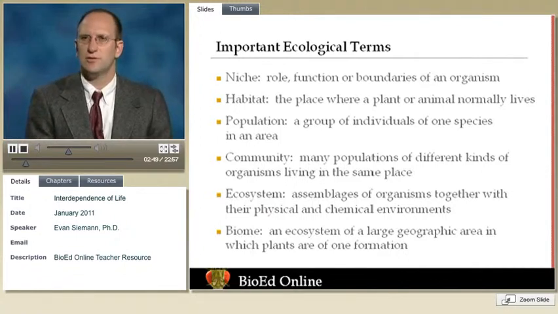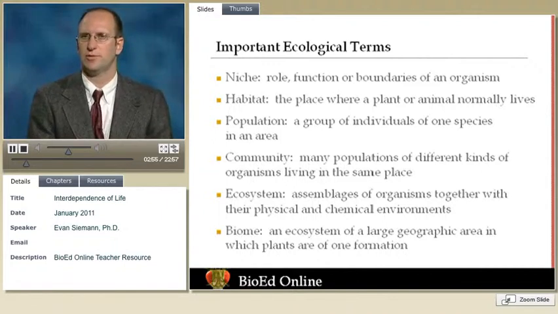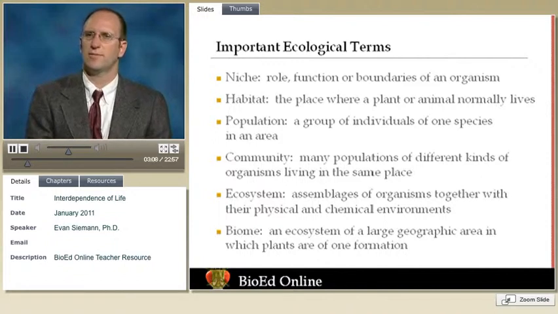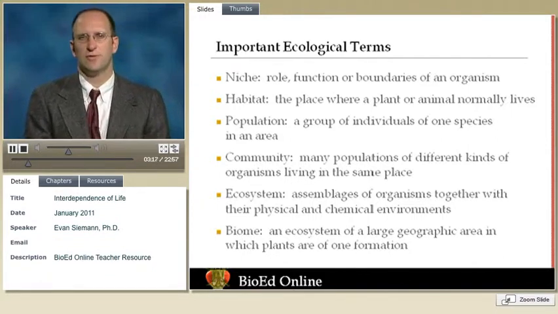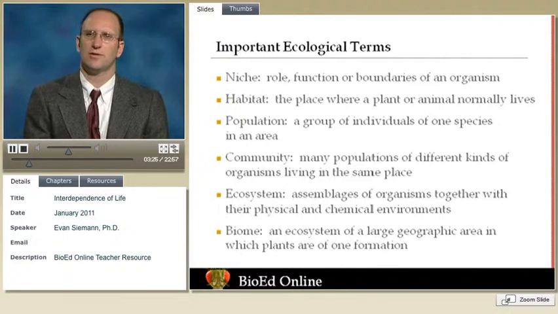Ecosystem includes all the biotic components, so it includes the community as well as the abiotic components. So ecosystem includes things like abiotic factors as well as the cycling of nutrients. And biome is a way of describing or categorizing a particular type of ecosystem. As there's variation in precipitation and temperature, the types of animals and plants that occur in different conditions varies. For a particular type of dominant characteristic plant, that would be described as a biome.